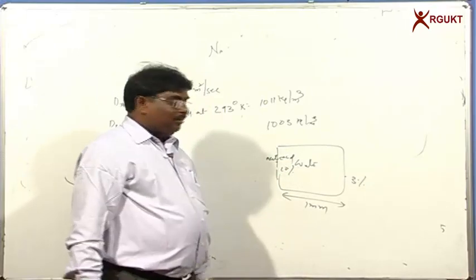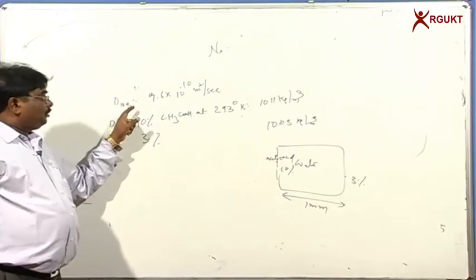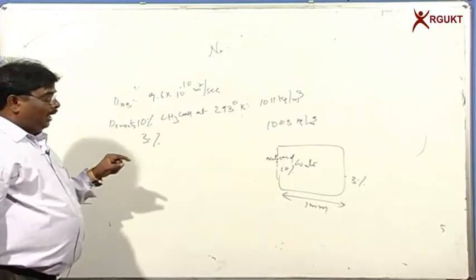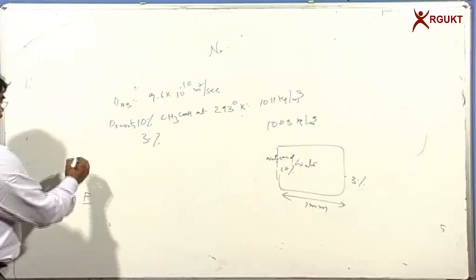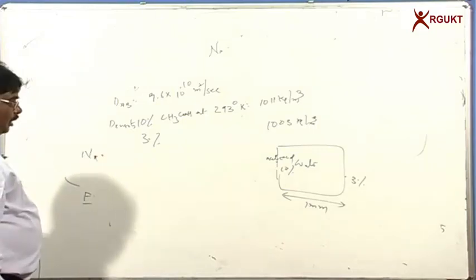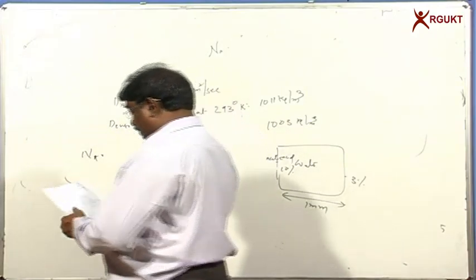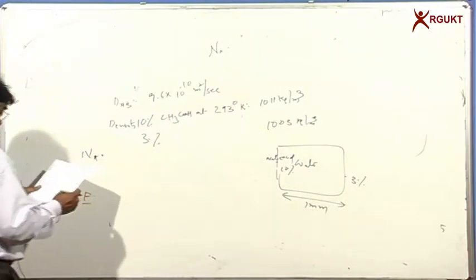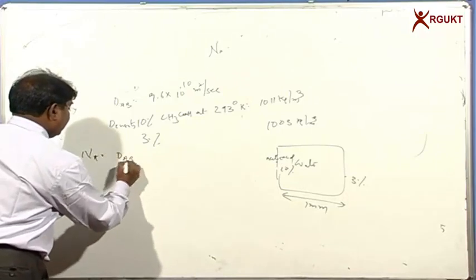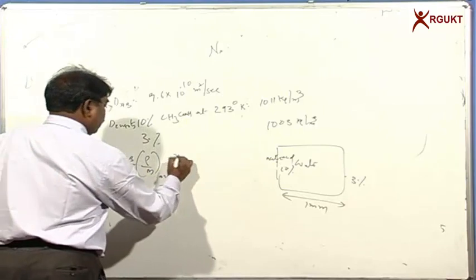The film thickness, density data and diffusion coefficient values are given, and now you have to find the flux of component A, diffusion of A through non-diffusing B. But here the systems are liquid systems, and as you know the flux can be estimated as DAB by Z, rho by M average,